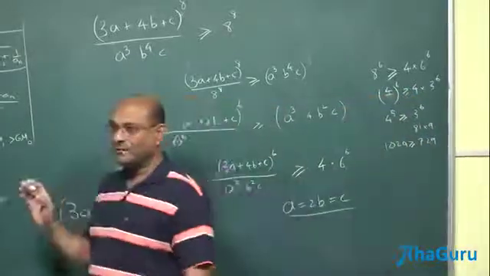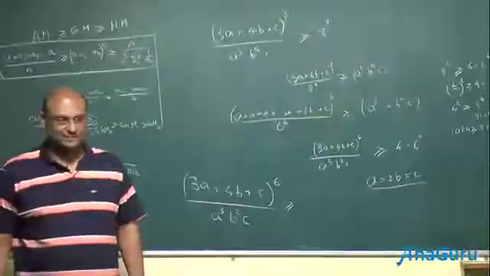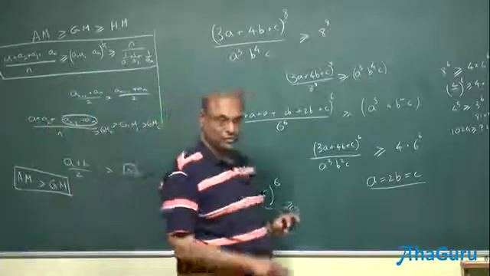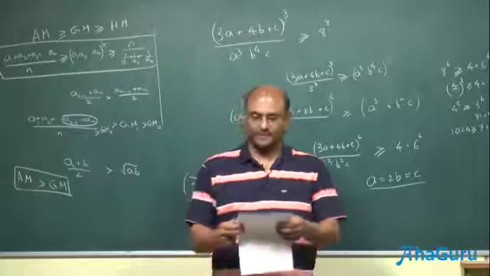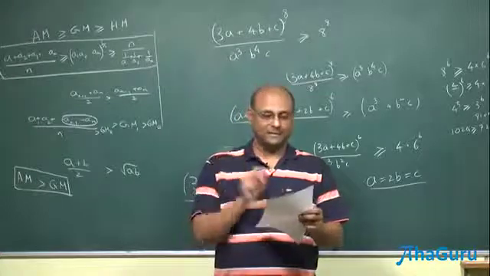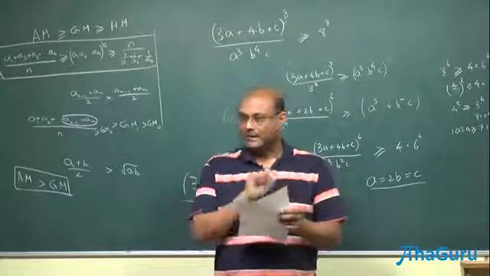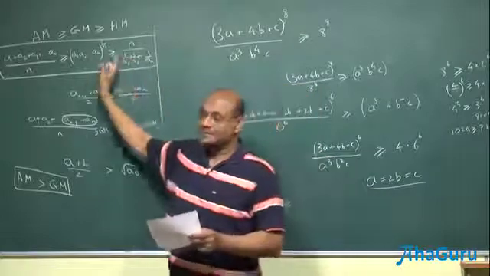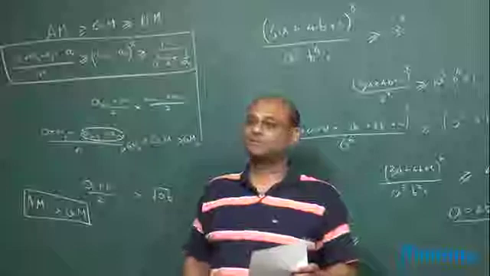So do you see how we can use this arithmetic mean greater than geometric mean in very interesting and nice ways? This will be one important theorem for us to use all over. That is basically what this sheet explains. When does it become equal? The condition is all the numbers are equal. What is the overall condition? When can you apply AM greater than GM greater than HM? When all the numbers are positive.